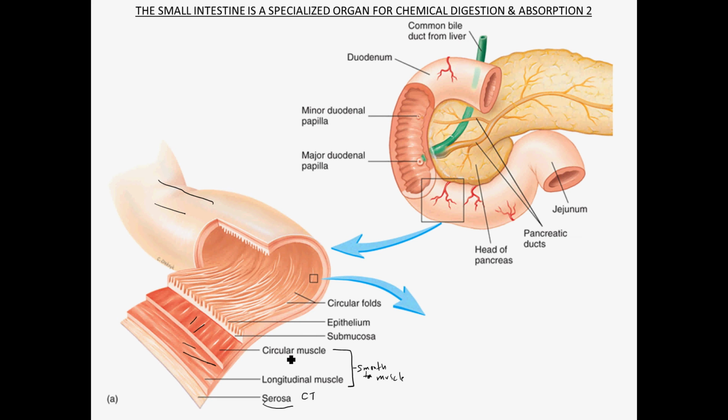Then deep to the smooth muscle layer, or the muscularis layer, you're going to see a submucosa, which has blood vessels as well as nerves in there, and then you will also see an epithelium, and the epithelium here is a simple columnar epithelium with goblet cells interspersed